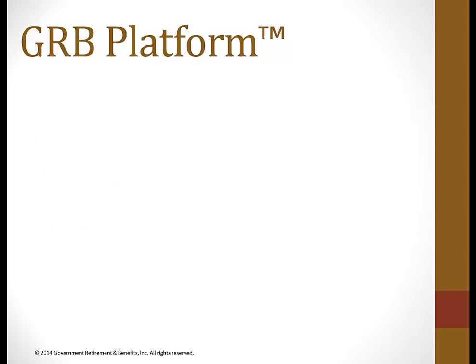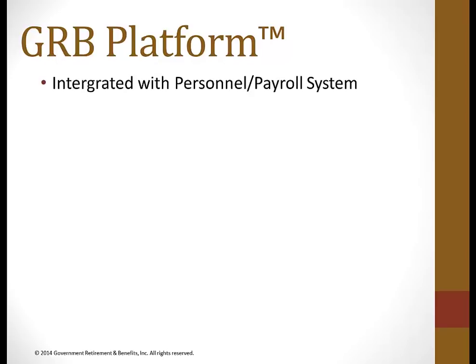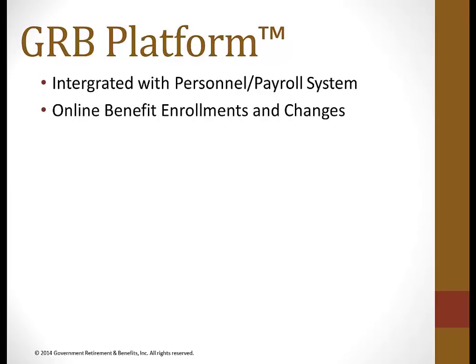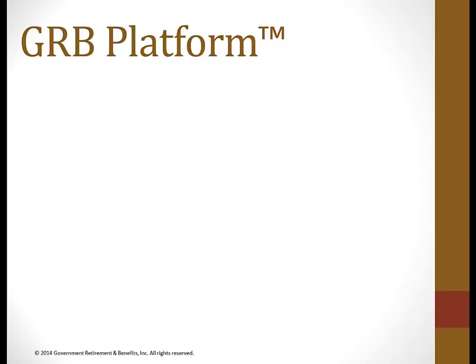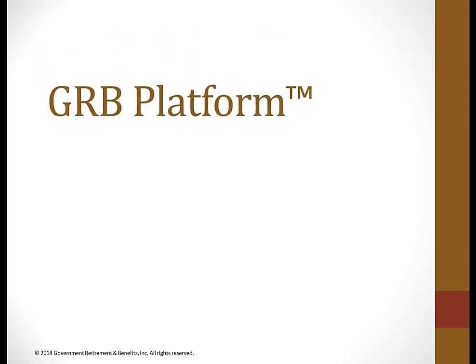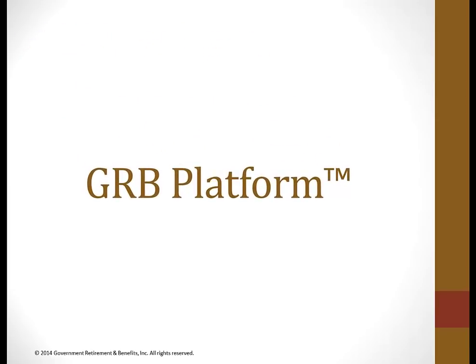The GRB platform uses information from your agency's personnel and payroll system, and depending on how your agency has configured the system, you may also be able to enroll or change your enrollment for certain benefits, as well as apply for retirement online. This video is designed to highlight some of the key features contained within the system and how